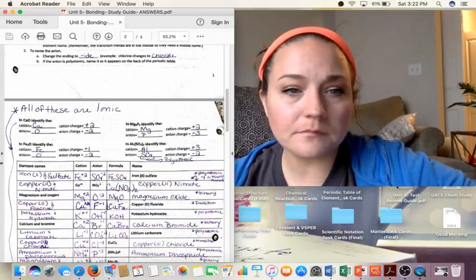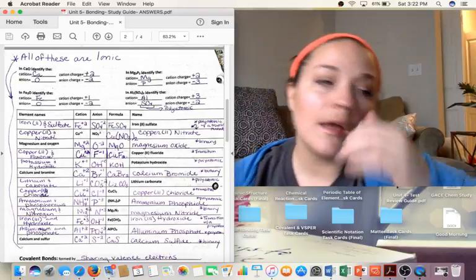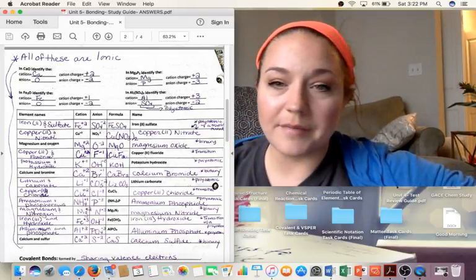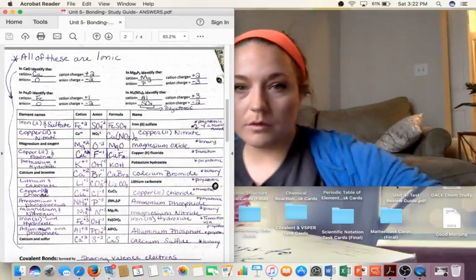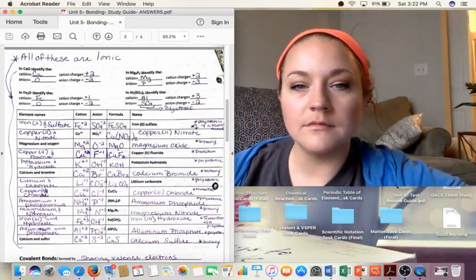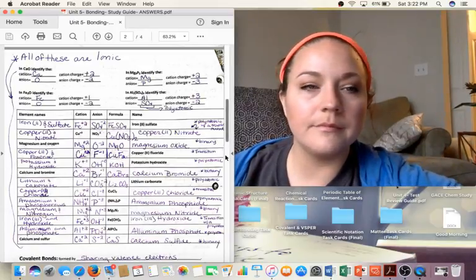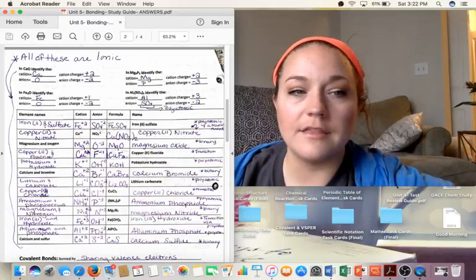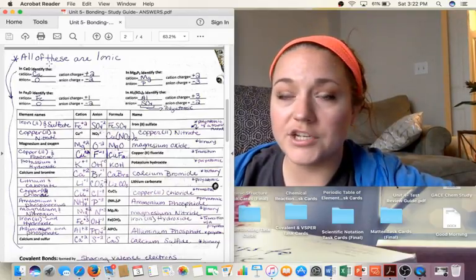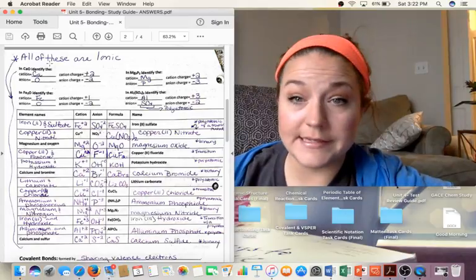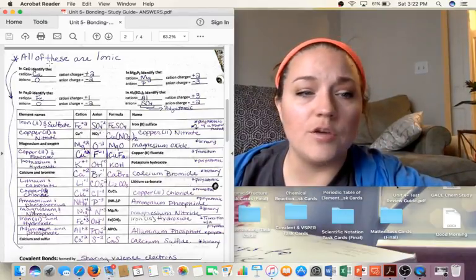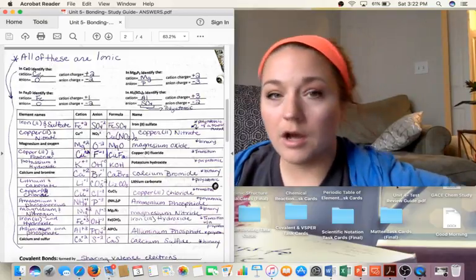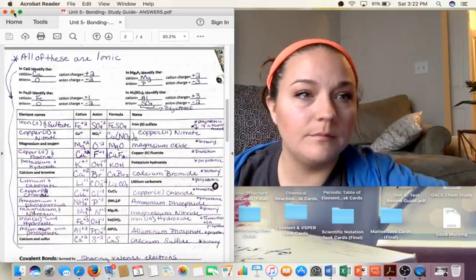All right, so let's go down here. So all of these on page 2 are ionic formations. It's weird to be trying to juggle with the camera. So in CaO, at the very top of your paper, page 2, you have calcium, which is Ca, and you have O for oxygen. When you look on a periodic table,